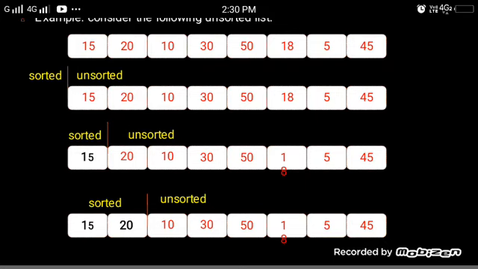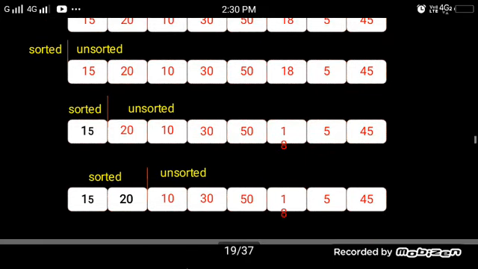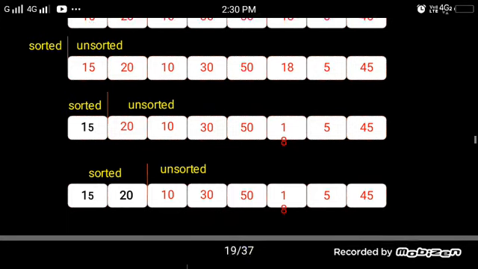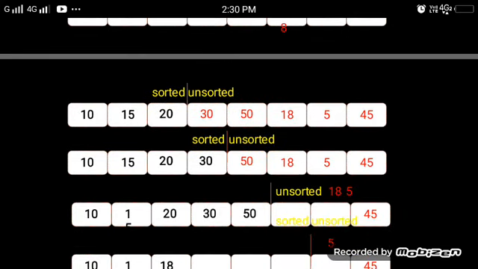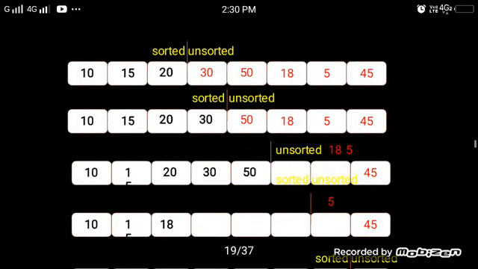Next is 15 and 20 sorted. I am dividing two parts, where the rest are all unsorted, and after that the third element sorted, unsorted, and the fourth element sorted, unsorted. The elements in correct position are the sorted elements.